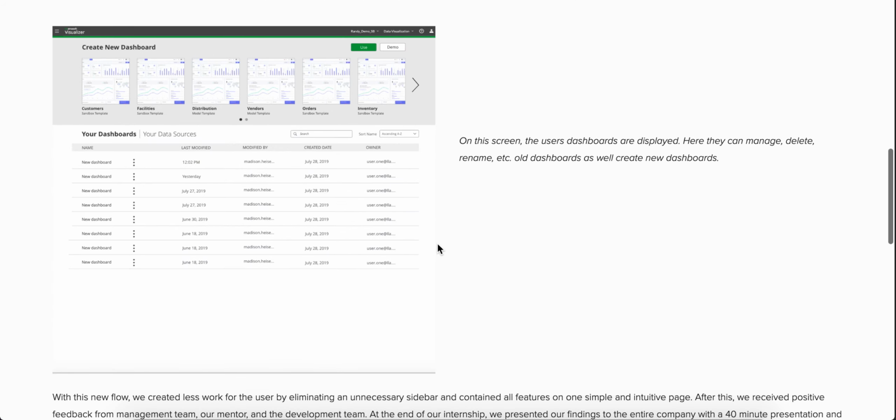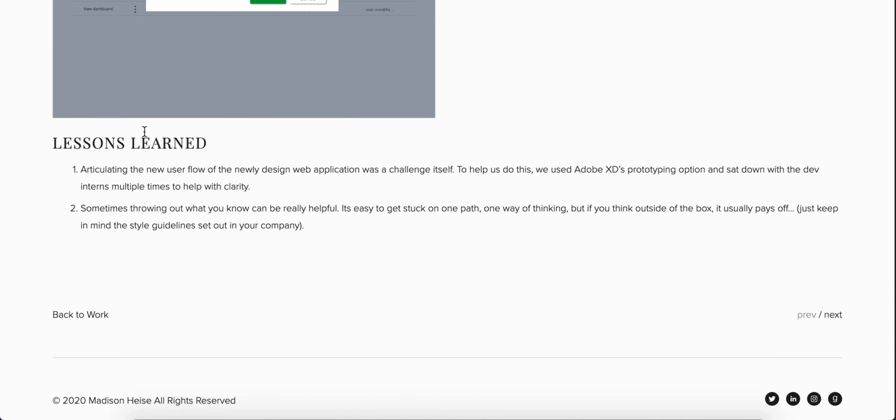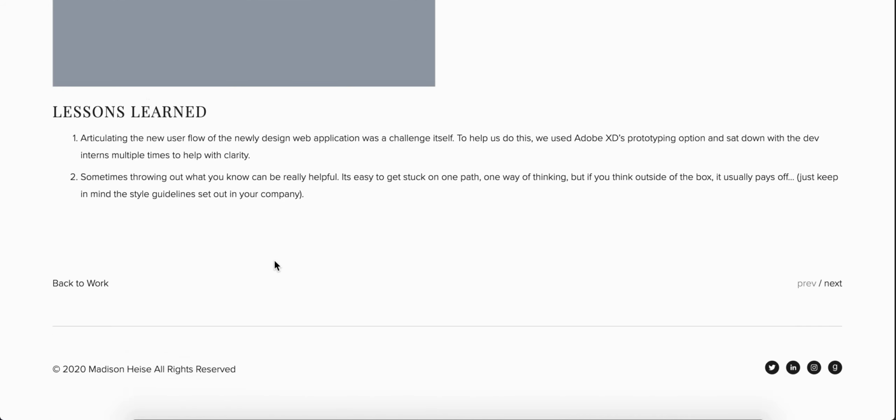And I learned a lot because there was just so much that I learned that summer. I could have 10 bullet points here. But one of the main things I learned was about articulating your design to developers. I think that's something that we should talk more about in our classes. I think that would be really helpful because when you know your design really well, you have to be able to talk about it in a way that makes sense to developers. And so